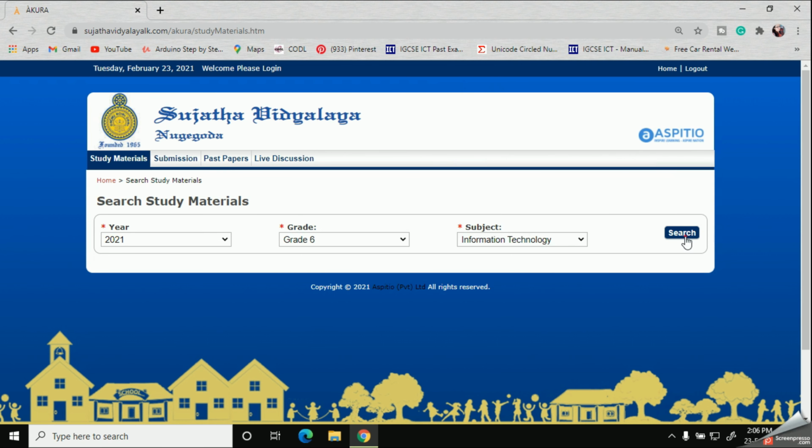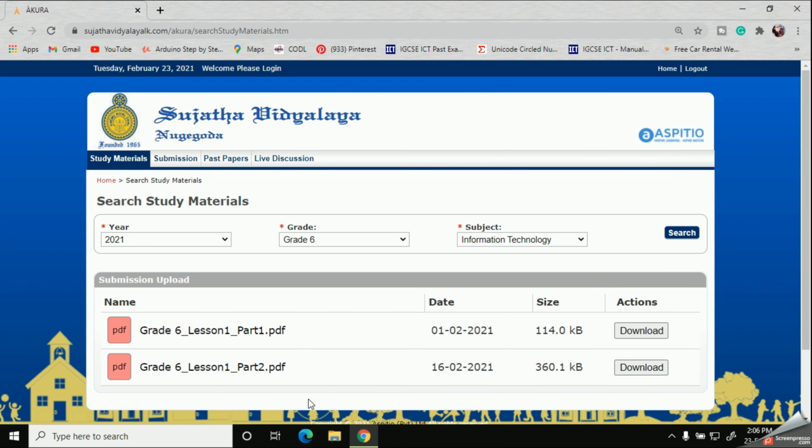As you can see, the IT teacher has uploaded 2 study material documents for the year 2021. So you can click on these materials and view them like this.